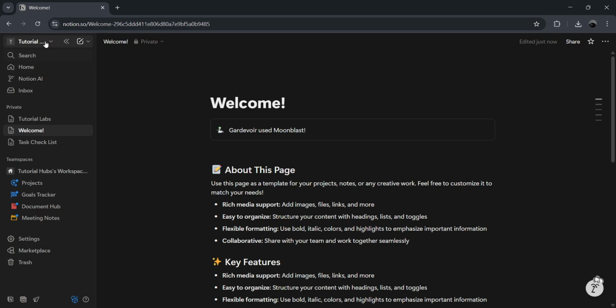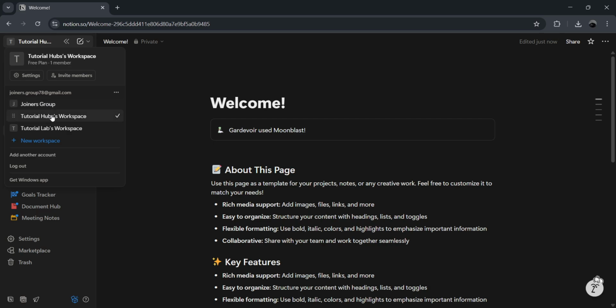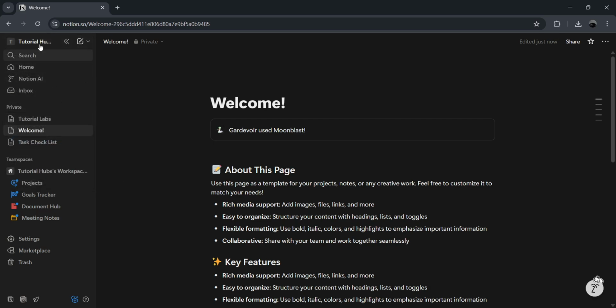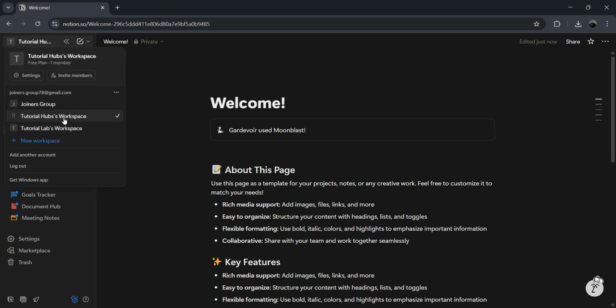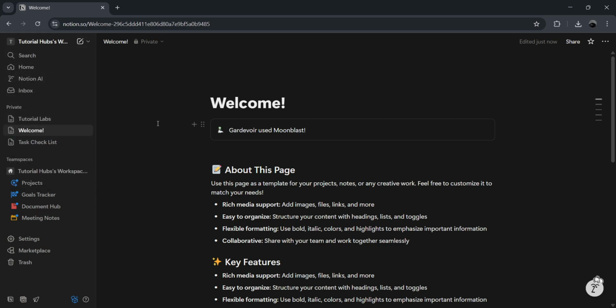First, you'll need to go to Notion and open the workspace that you want to rename. Make sure you're viewing the correct workspace, especially if you manage multiple ones, as this will ensure you're editing the right space. Once you've confirmed you're in the correct workspace, direct your attention to the left-hand sidebar at the bottom